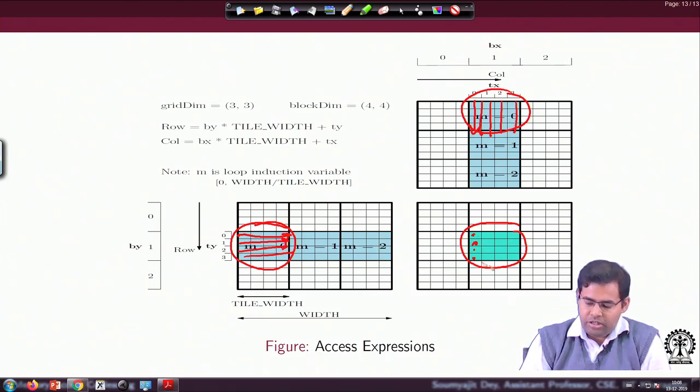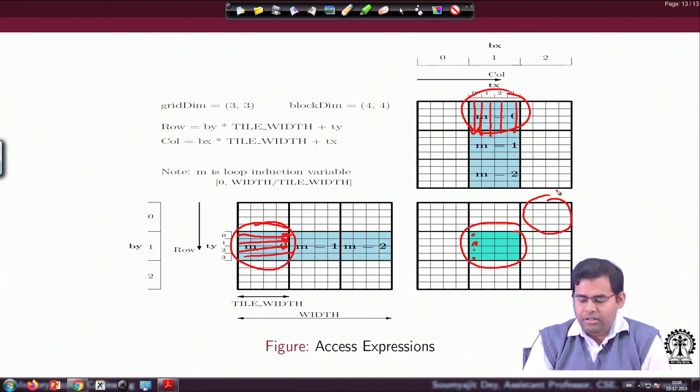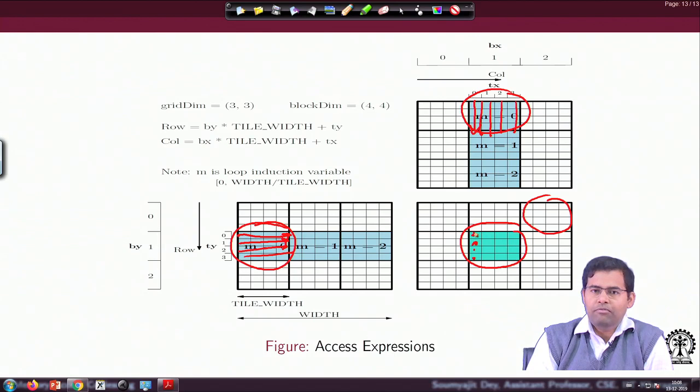While this thread is computing for this tile, the other threads are of course computing for their respective tiles, right. But the good thing that is happening is, each thread is not performing all the loads it is required to perform from the global memory. That means each thread is not bringing the same row of data multiple times.